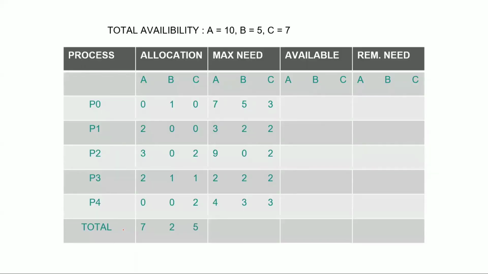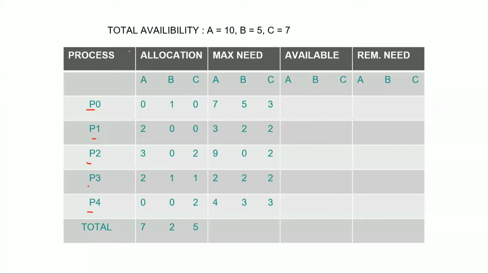Okay, so consider this example. You have a system, and in the system there are processes P0, P1, P2, P3, and P4. These are 5 processes running in your CPU, consider. Okay, so A, B, and C are resources. For example, A is CPU, B is memory, and C is a printer. And we have total instances of A as 10, 5 instances of B, and 7 instances of C. Instances in the same number, we have 10 A's, 5 B's, and 7 C's. Okay, so this is just a number, and A, B, C are the resources.